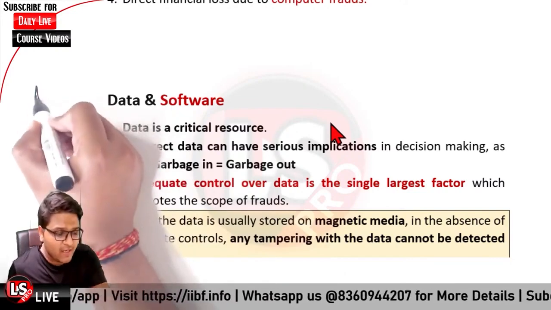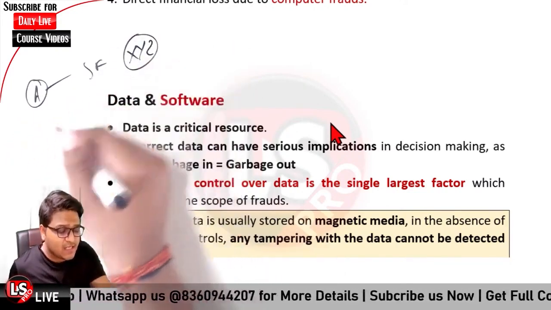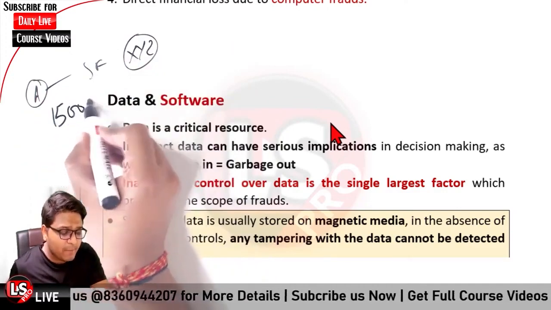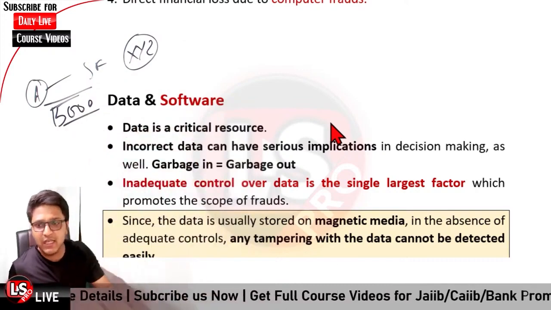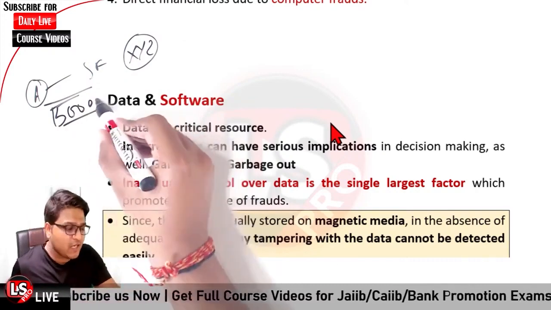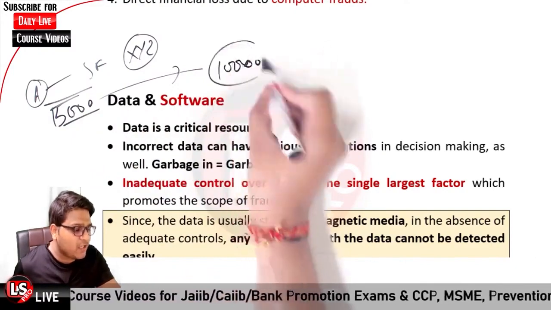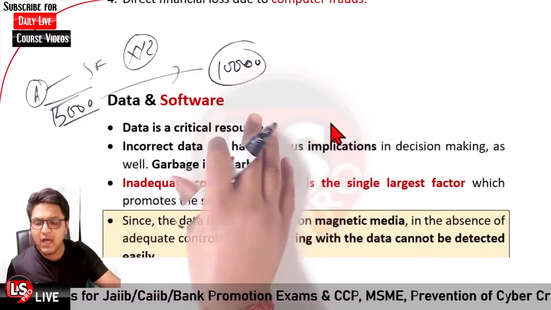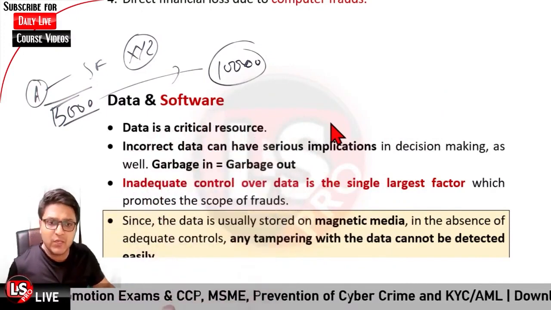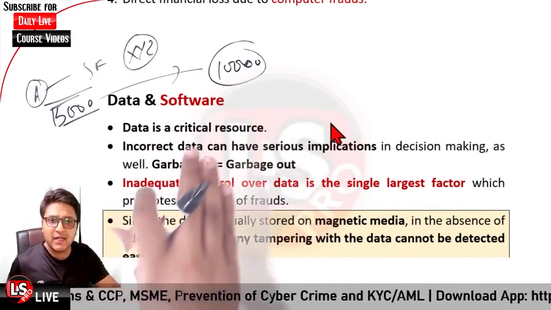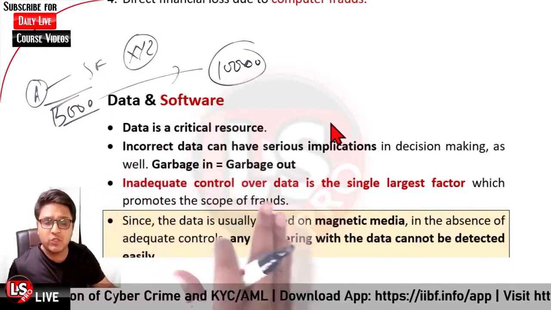Likewise, a customer A is maintaining a savings account in bank XYZ. If he has a balance of 15,000 in his savings account and performs a transaction, say he remitted 5,000 rupees, the balance would be 10,000. Or if some entry is credited to his account, that also impacts the balance. Ultimately, only the data is the thing we are dealing with, and we are using the software to deal with this data.